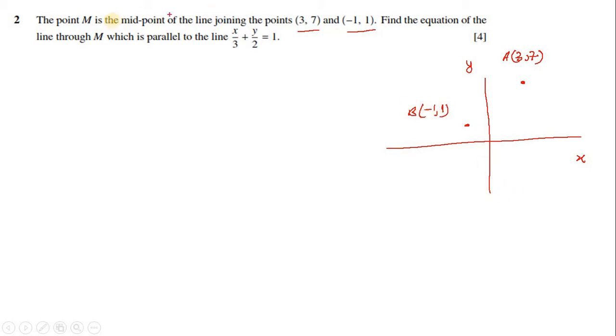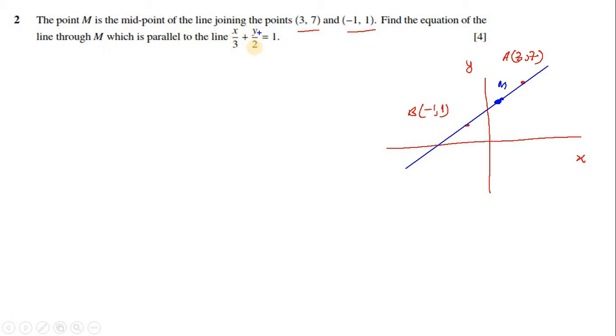And we have a line passing through these two points. So let's suppose a line passing through these two points. And then M is the midpoint of the line joining the points. So we have a midpoint of these two. The midpoint M will be somewhere here. Let's suppose this is the point M. It should be a midpoint, so slightly lower here somewhere. This is M here. Okay, and now find the equation of the line, another line passing through M, which is